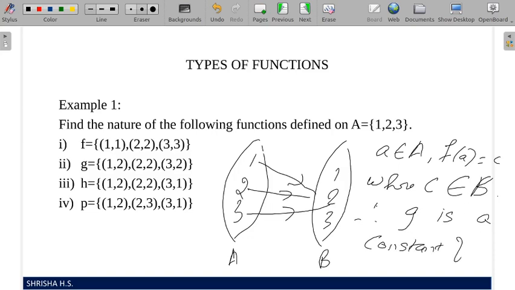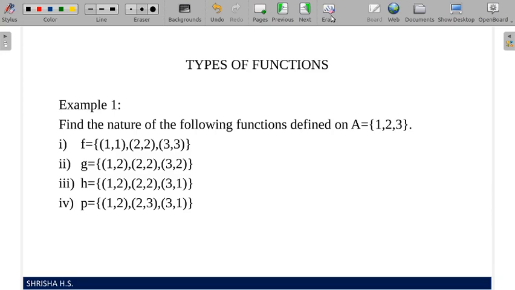You have to write this much because there will be some 2 or 3 marks or maximum 4 marks, and if you write the diagram and write mathematically how it is a constant function, the evaluator will have a good impression that you know the problem, you have studied, and you will earn more marks. So you should always write impressively such that the evaluator is impressed by your answer paper. Okay, so the next one,